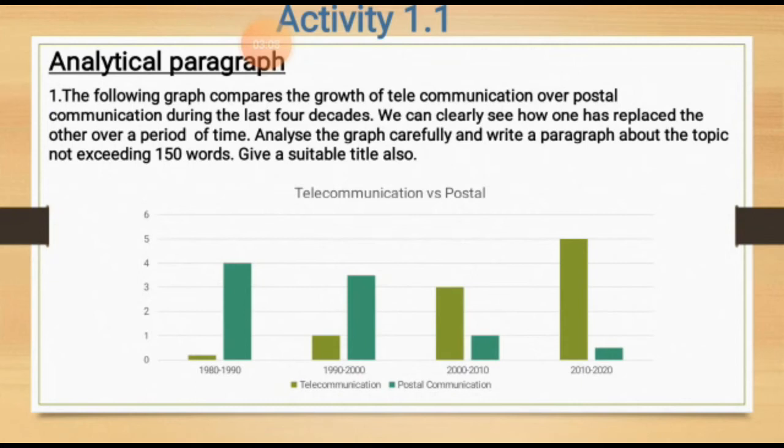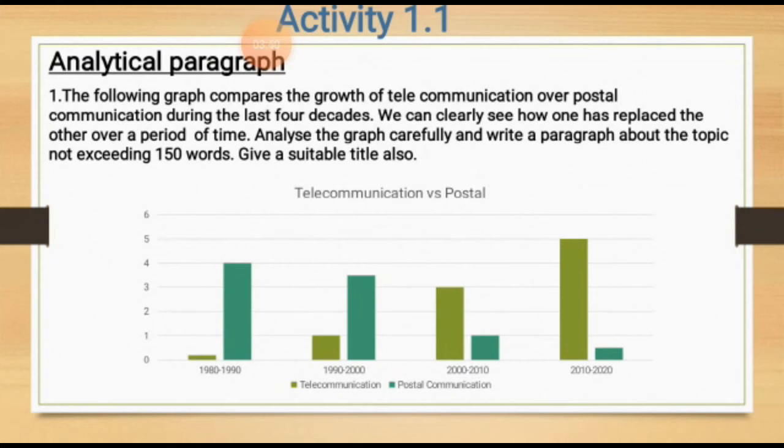And in the second decade given in the graph, telecommunication has started growing and there was a very minor change in the graph of postal communication. In the third one, telecommunication has increased whereas postal communication has decreased. And in the fourth one, the present decade, you can see that telecommunication has reached a higher point and postal communication has diminished or lost its importance. So that is how generally you can comprehend this graph, and based on this comprehension you have to write a